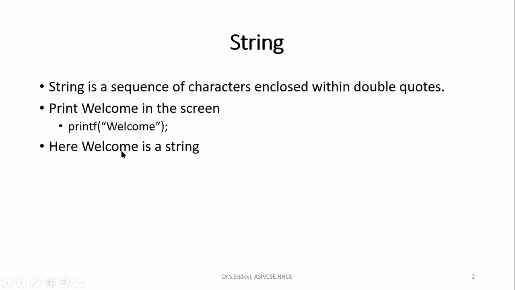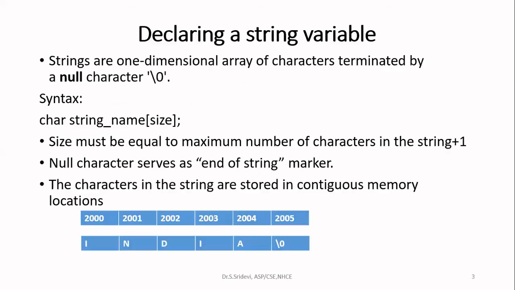In Java, we have a data type called string for manipulating the strings. But in C programming, we don't have a data type for string. We have basic data types as integer, float, double, and char only. We don't have any data type for manipulating string in C programming, whereas in some other languages like Java, you have a special data type for storing the strings. But in C programming, whenever you want to store a string, you have to go for a collection of characters only, because we don't have any data type for that.